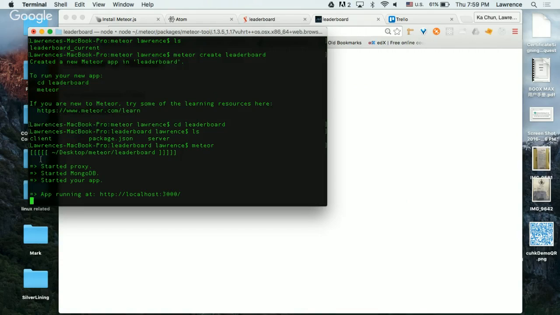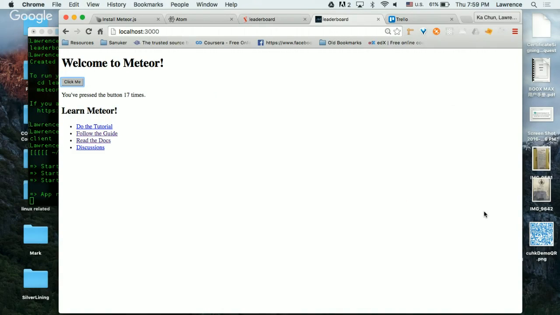So when you type meteor, it turns your local computer into a server. And you go to your browser and connect to your own server. That's why you're seeing this page. Later on, when I make changes, you will know that this localhost 3000 is very unique to your computer, so you're making changes on your own computer. Now we understand what's happening. When we go to this address, you're actually going into your own computer.